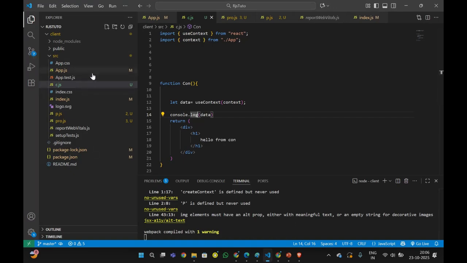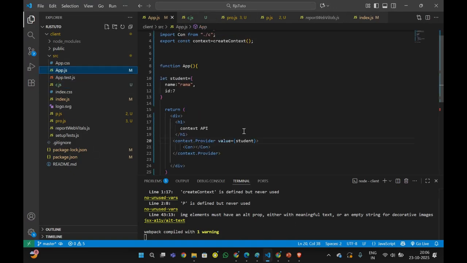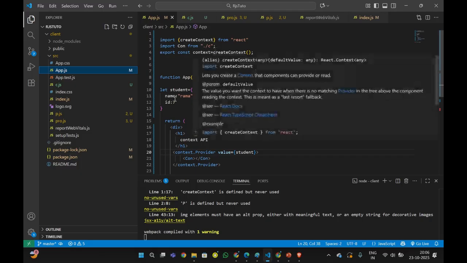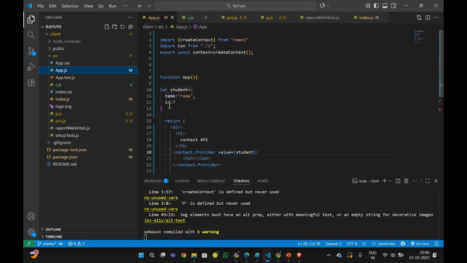See, in the app I have created a context and I have created some data,